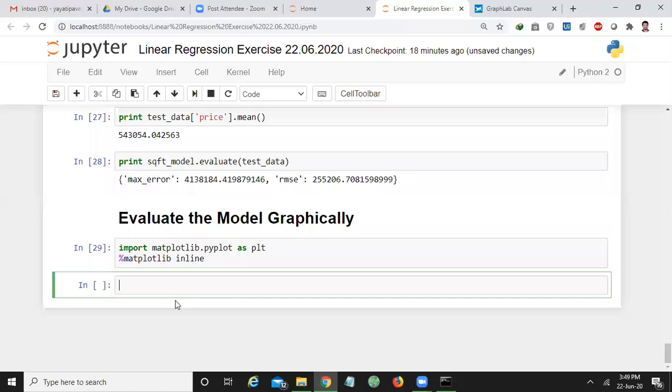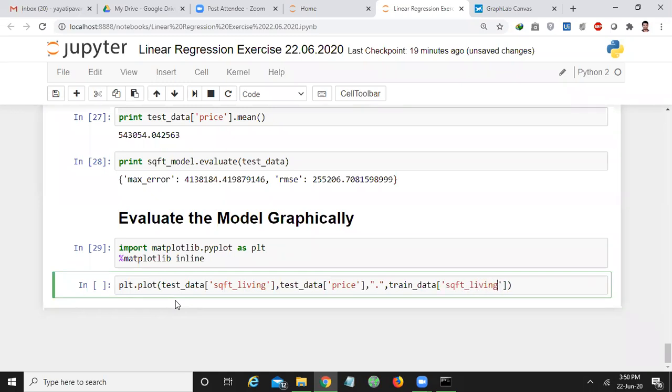Okay. So for that, I will plot the testing data SQFT living and the testing data price as dot, and I want to plot training data also, SQFT underscore living.